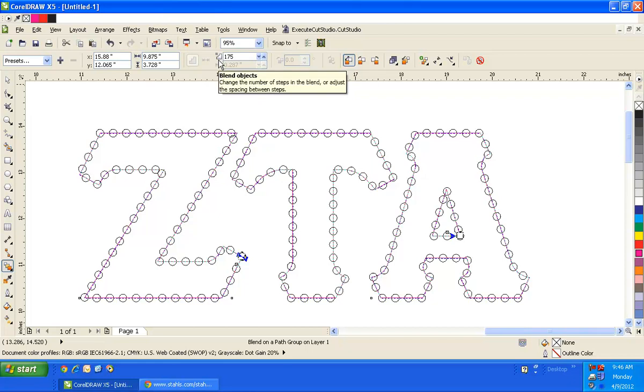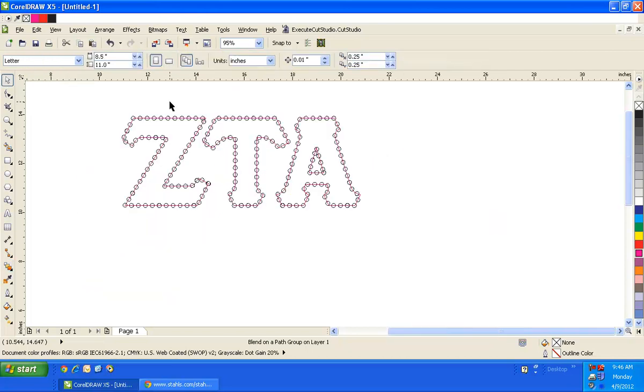We are going to have to fine tune this anyways, so I'm going to demonstrate that in this tutorial. I could break down each segment if I wanted to and create stones along the holes along the path precisely from corner to corner, but since we're just filling this in anyways, it's just going to look really sparkly, and we picked a nice bold font, so they're going to be able to tell what it says. Alright, so now that I have my stones along the path of the ZTA, then I can go ahead and